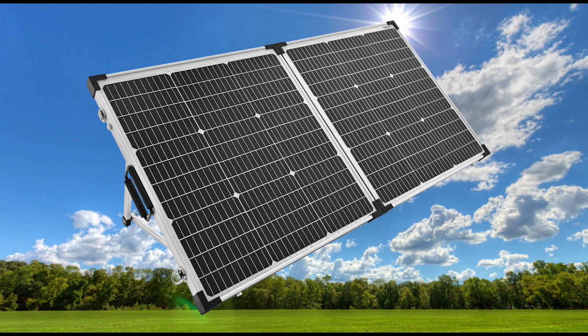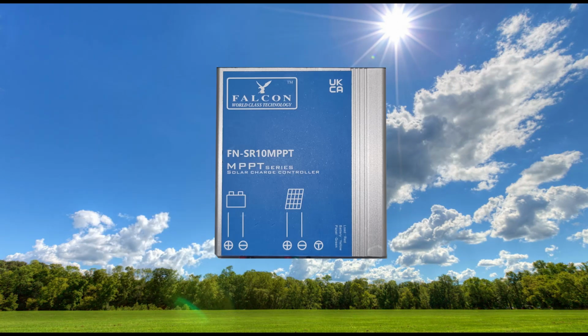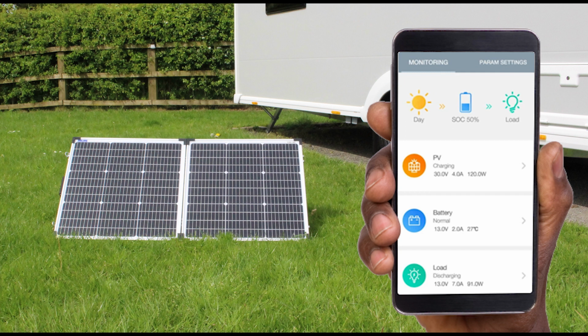The 265-watt German-designed monocrystalline panels combined are capable of making up to 11 amps per hour. With MPPT regulator technology, this system is up to 30% more efficient than those with traditional regulator technology such as PWM. The regulator comes with built-in Bluetooth, allowing you to connect your device to see how much energy your system